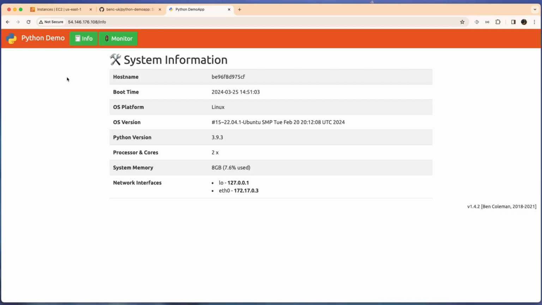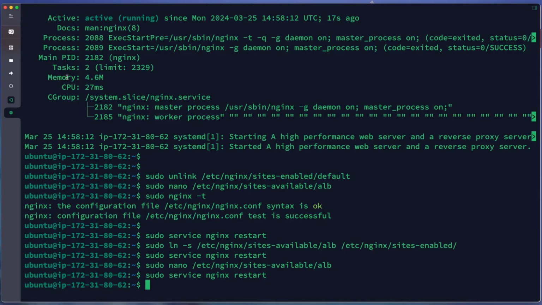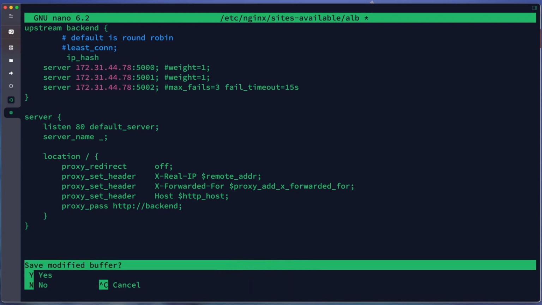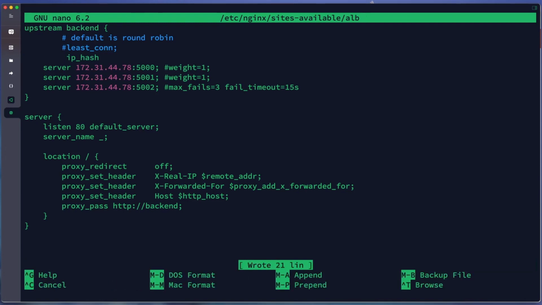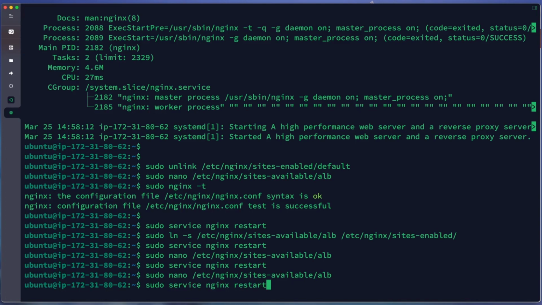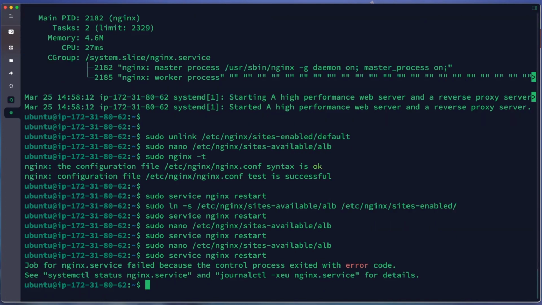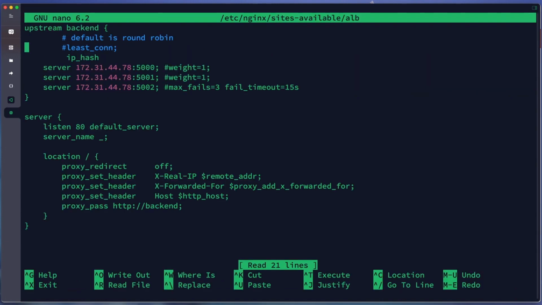And we can also try to use the IP hash, so that we will get the same server as the first one. Control X. Let's restart our Nginx web server. Oh, sorry, we can check again. We missed the semicolon. I'm sorry.